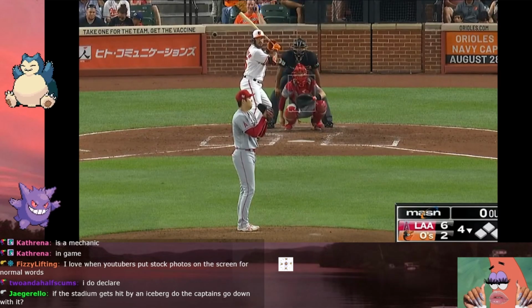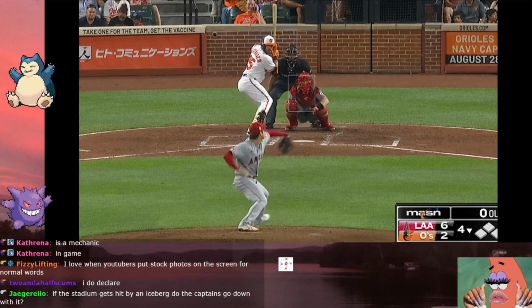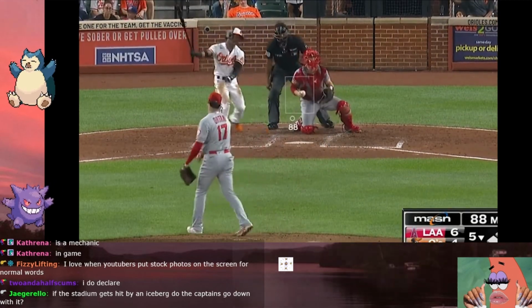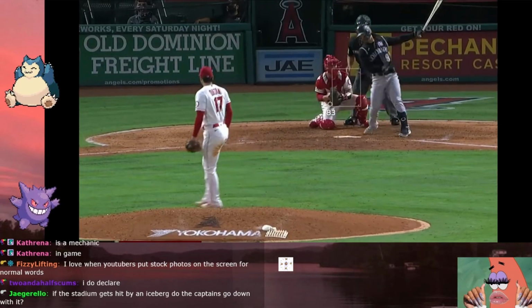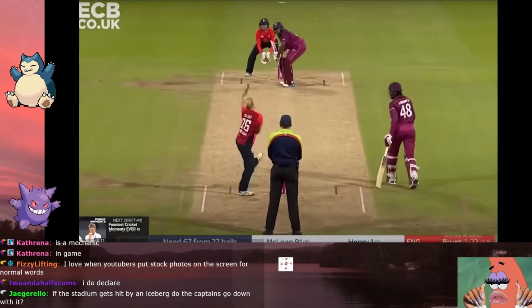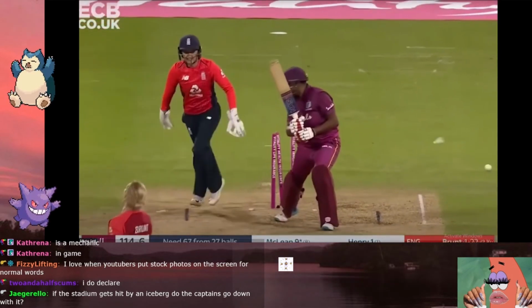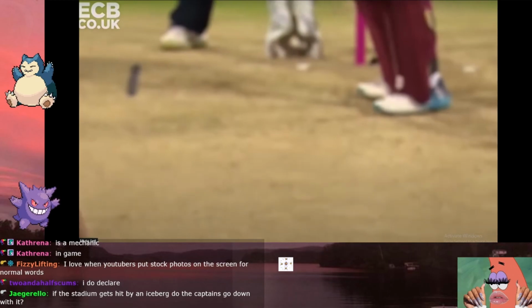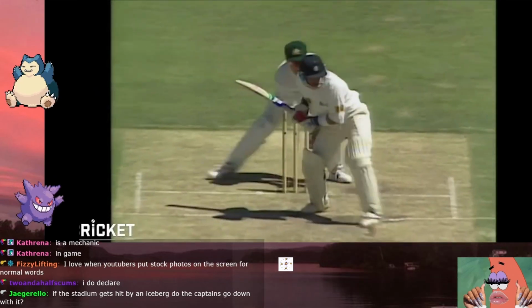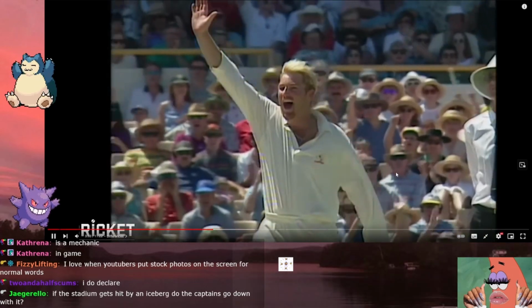A similarity between the two games is that bowlers and pitchers deliver the ball at different speeds and with different types of spin, and each type of delivery has its own name. For example, in baseball we have the changeup, and in cricket there is the slower ball. One difference that I've noticed, and I would love for a cricket person to maybe explain this a little bit better in the comments, is that cricket bowlers tend to be identified or like classified based